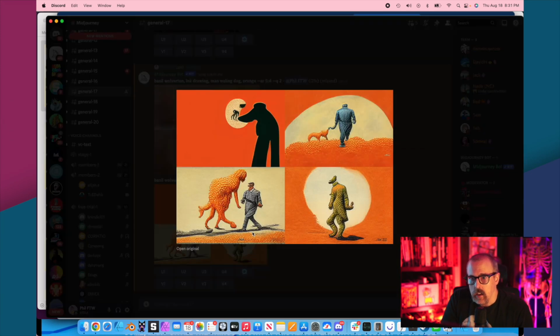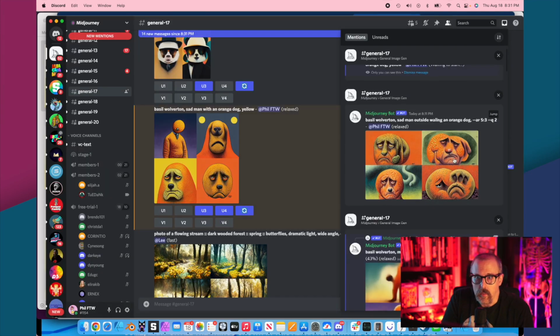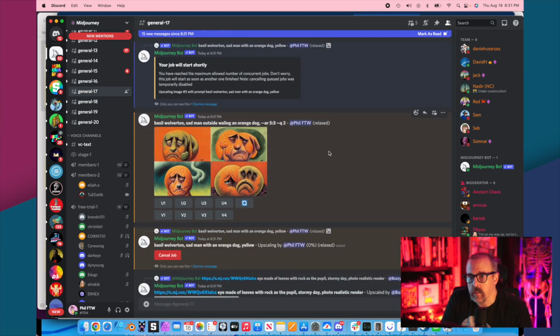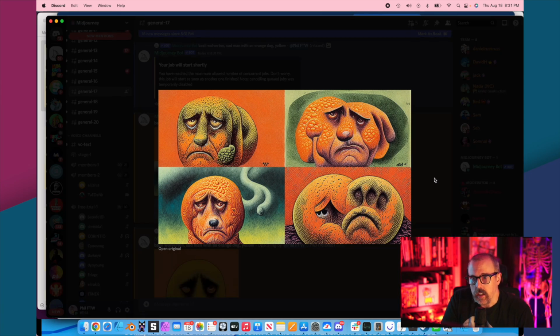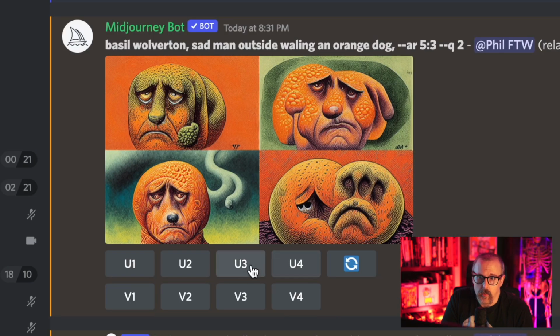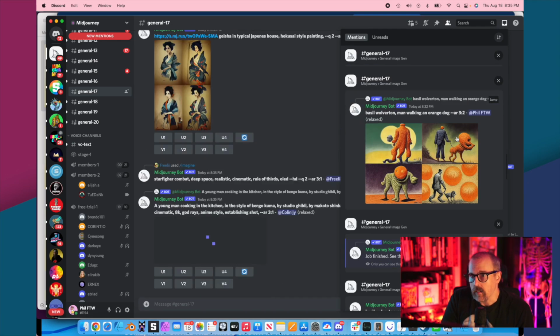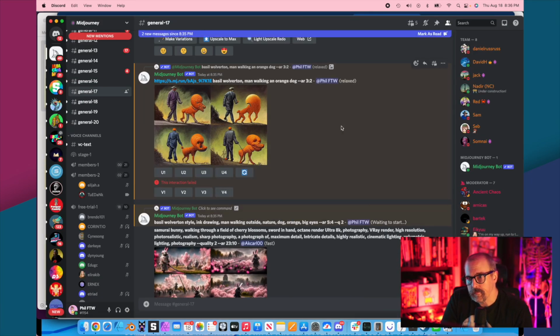You can see the up-res here. When you find an image you like, you've got this quadrant to start out with. All you've got to do is click on the U up-res, and the other one is obviously versioning. That up-res version is a high enough resolution to print for sure.